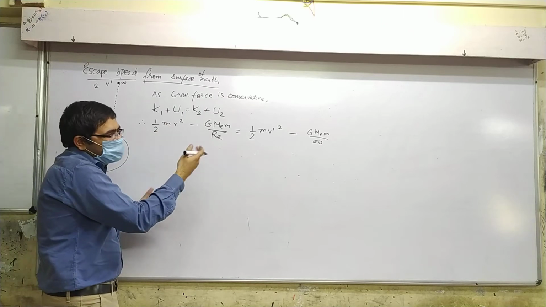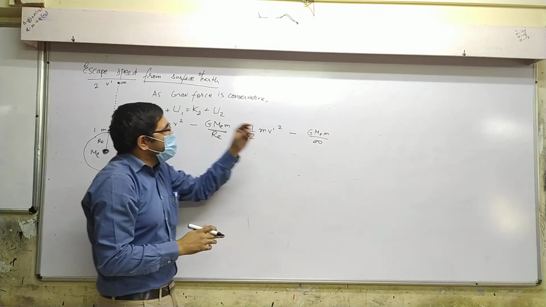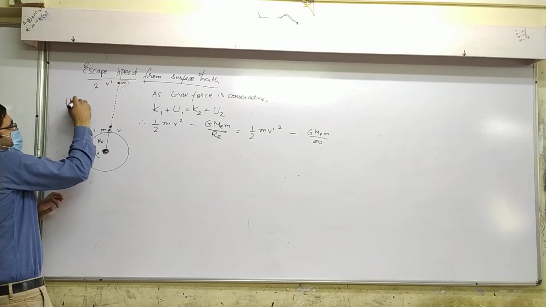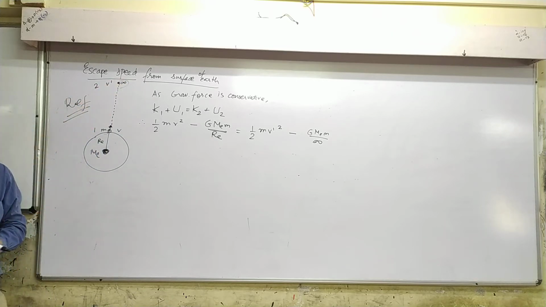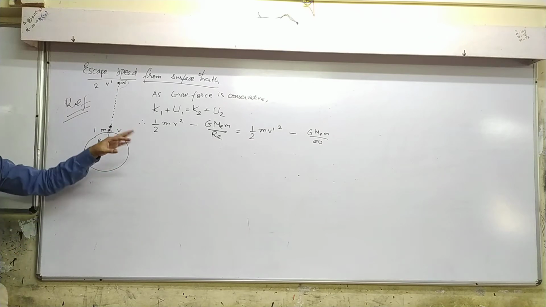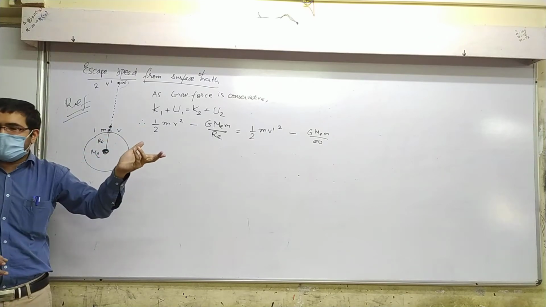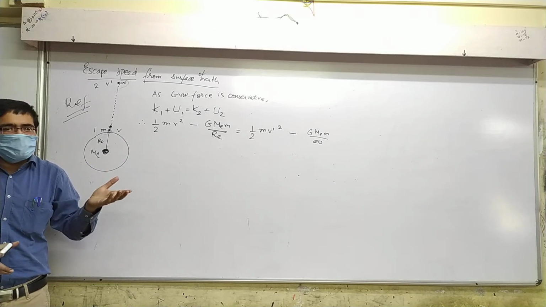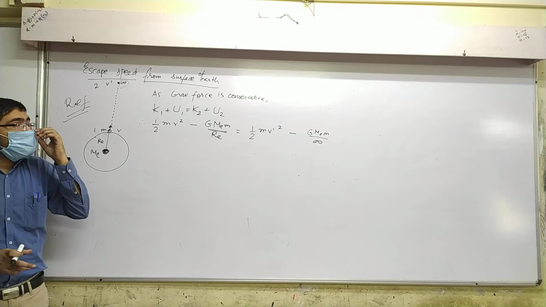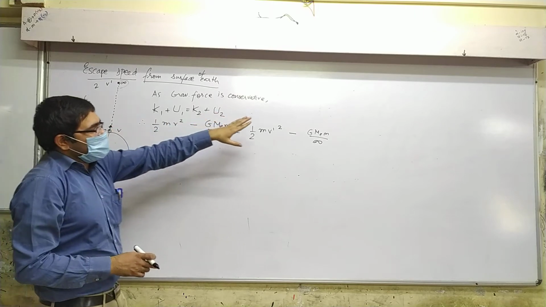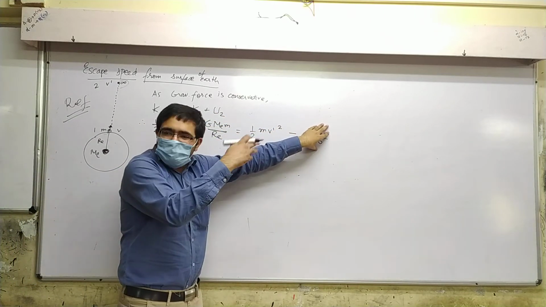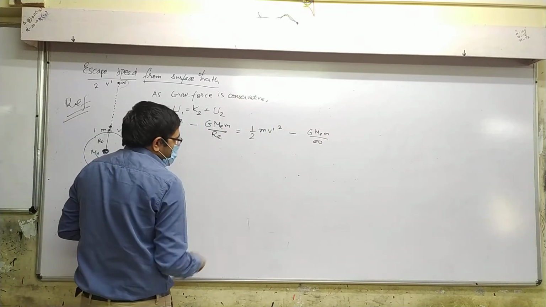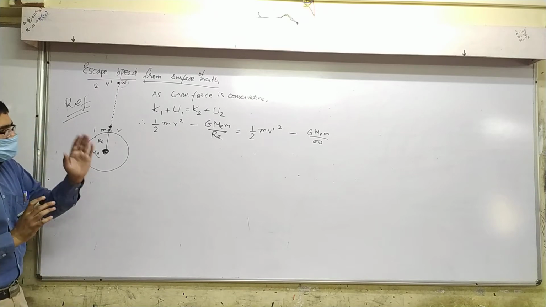Suppose in the exam they ask for the derivation, and you do not write this, it is fine. You can also write it in one more way. This is at infinity, and we took infinity as reference. Do you remember that? Yes, we derived the formula earlier with reference at infinity. So the potential energy at infinity is 0 because it is the reference. So we get this relation. So this term is 0.